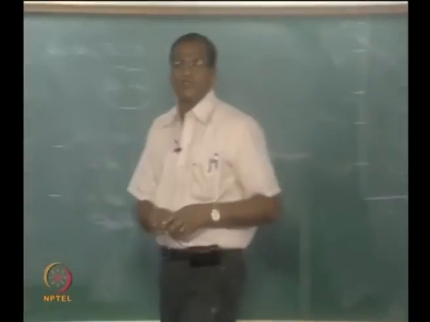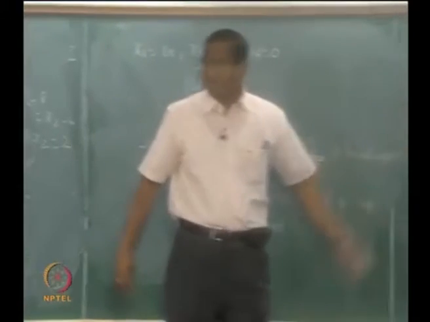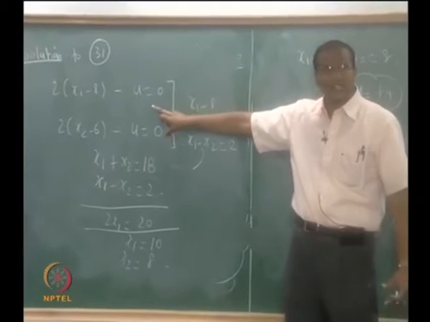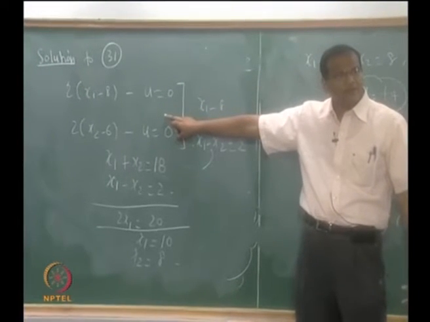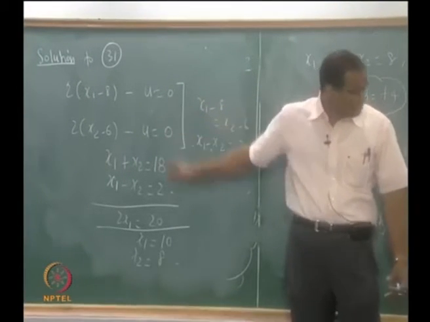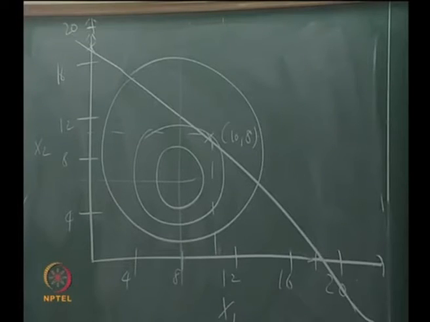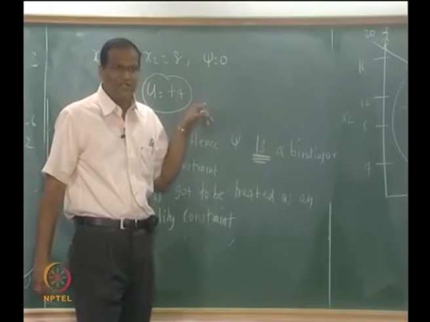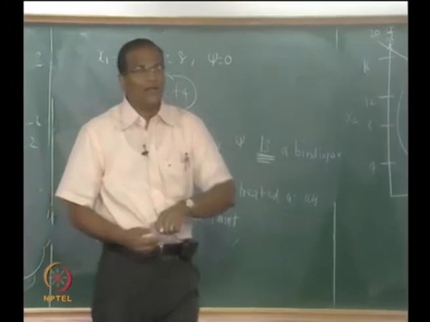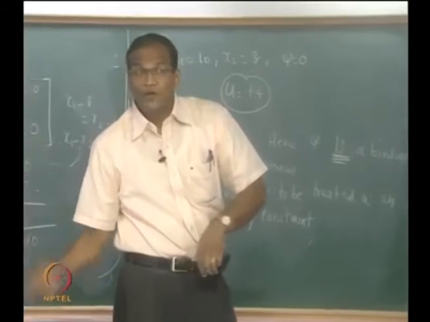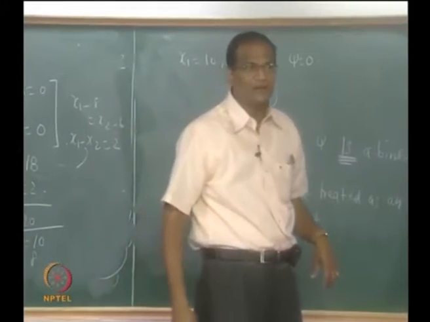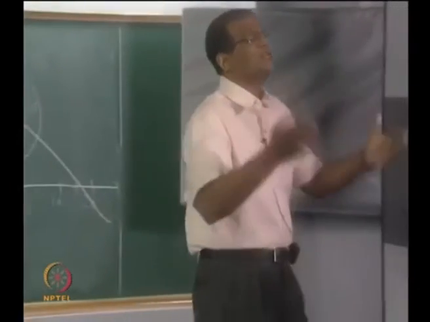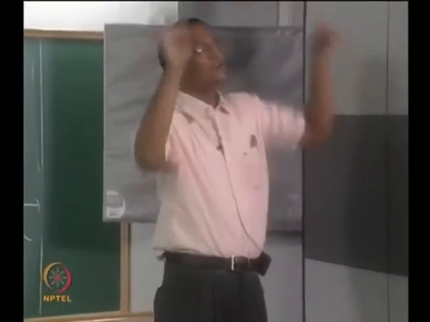Now the two approaches: alternatively you can disregard the constraint and find out. If you disregard the constraint, what is the solution you are getting? 8 and 6. If you substitute 8 and 6, this will violate that constraint. Then what is the value of u you will get? If you don't consider the constraint, negative. Therefore, it is incorrect. Your assumption that the constraint is not binding is not correct.